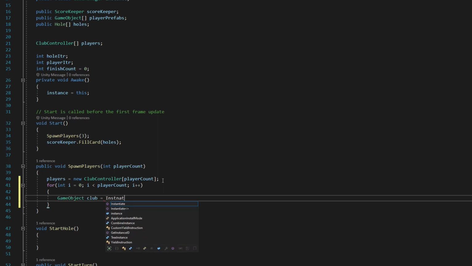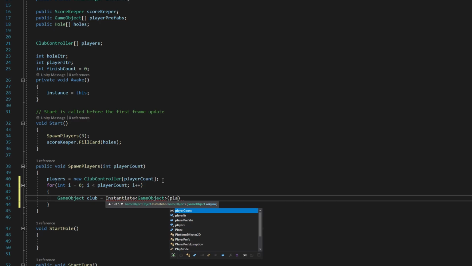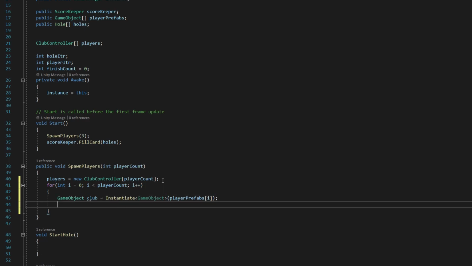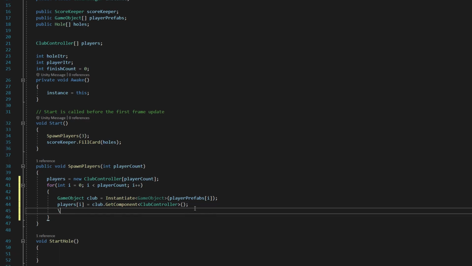equal to Instantiate, and then in angled brackets GameObject, and then in open and close parentheses, playerPrefabs i in those square brackets. So that's going to pick the player prefab associated with whatever point in the player count we are. And we're going to say players[i] is equal to club.GetComponent ClubController. So we're spawning those prefabs, and then we're grabbing the club component off of that prefab to assign to our players array here. And then we say